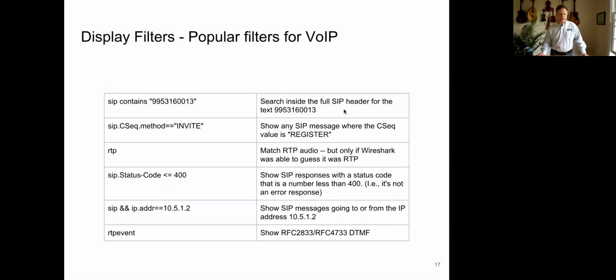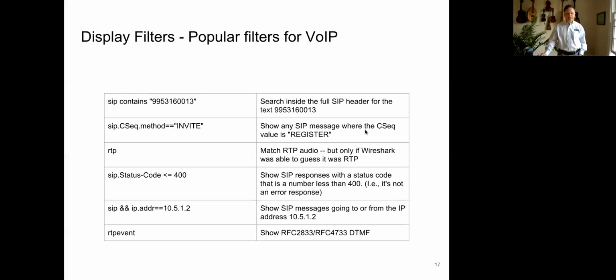It's not very fast. So if you've got an enormous file, you might find that it takes a fairly long time, many seconds, to be able to search through it, maybe even minutes. You could do a filter on SIP with these parameters inside the SIP message. So the SIP header, like the command sequence header, CSeq. So sip.CSeq.method equals double quote INVITE double quote, and that will search for any SIP message where the command sequence